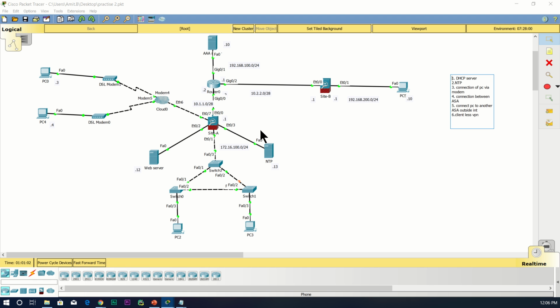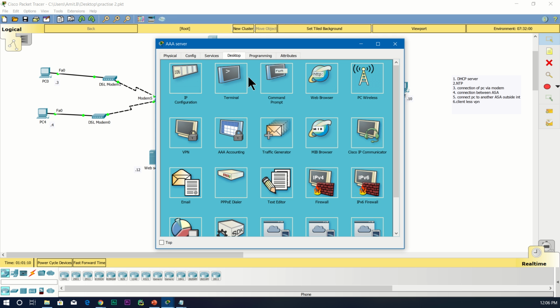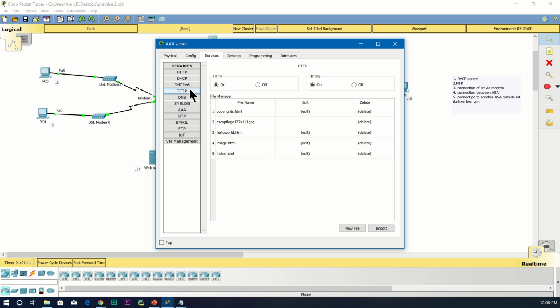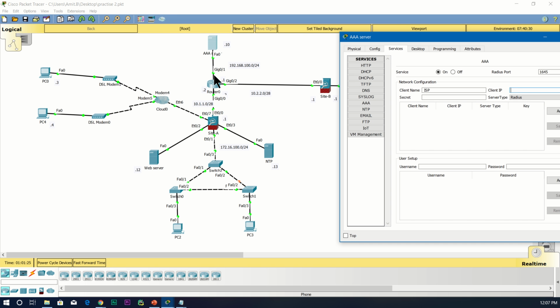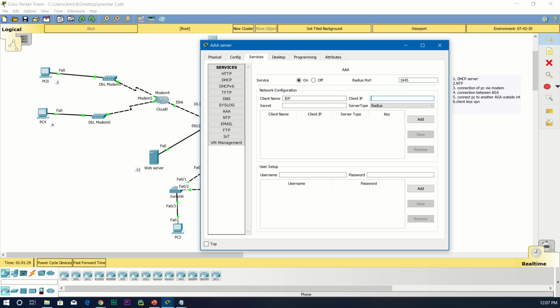Now the next thing we're going to do is configure the AAA server. So I'm going to make an AAA server, service AAA, and I'm going to enable it. I'm not going to change any of this port now. The name of the client is ISP. I'm going to make authentication for ISP, and ISP client means the IP address of this interface. So the client IP means